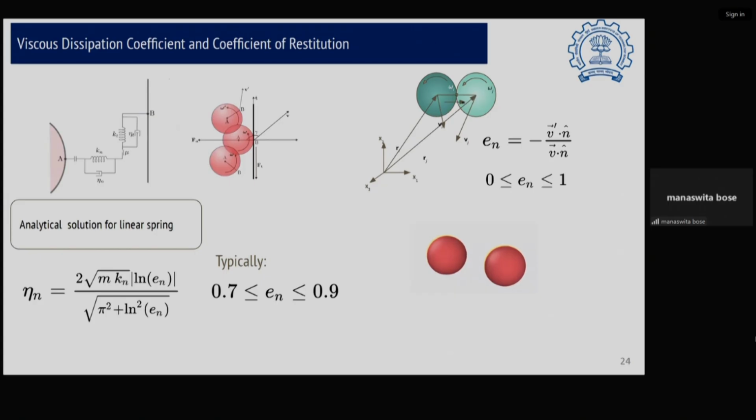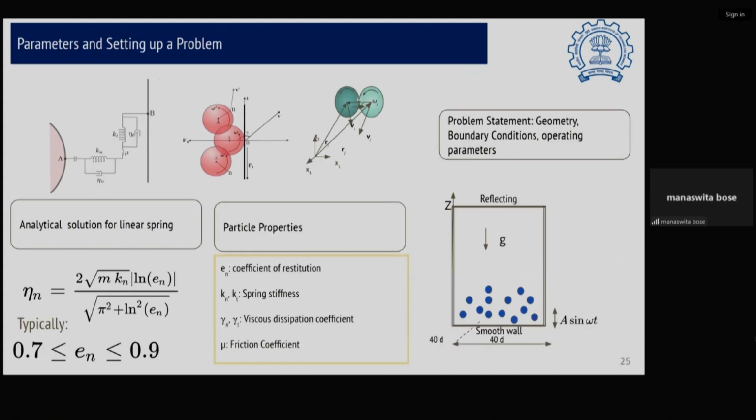Before we get into the drag force, I'll show you some of the results which will give you an idea of how critical it is to choose the parameters properly. This is what I was trying to tell you, that eta n, the viscous dissipation coefficient, is related to en, and you can see the relation. It is an analytical solution, and typical en values are 0.7 to 0.9. Here, I'll show you a simple system where a collection of particles is energized